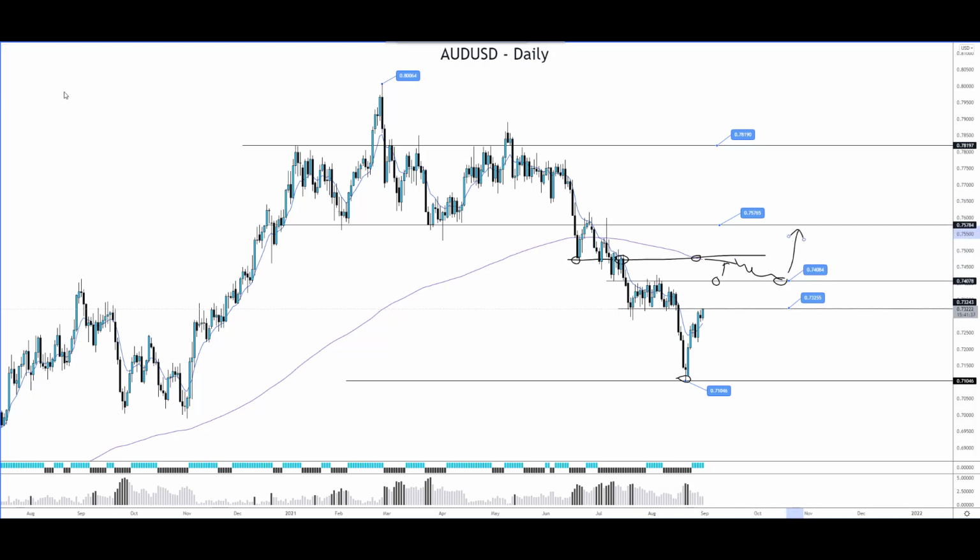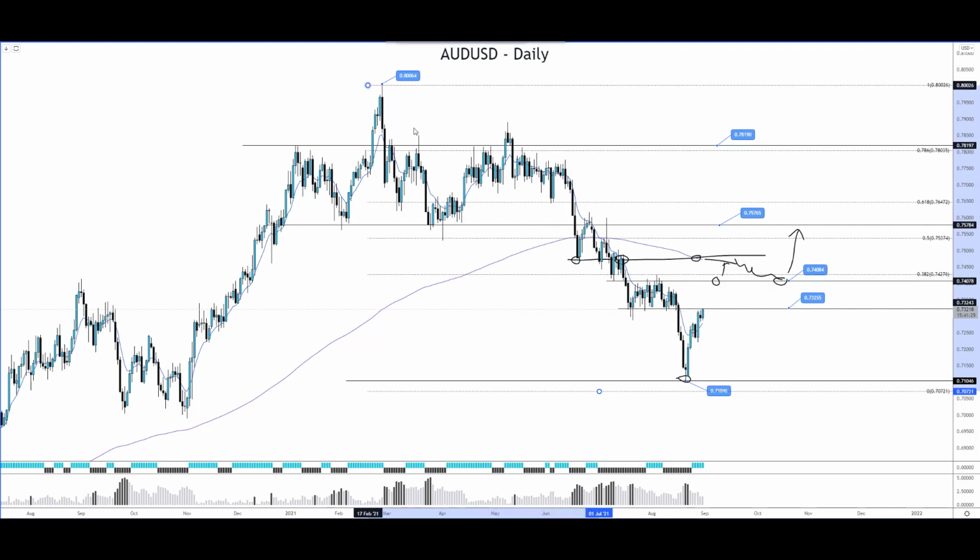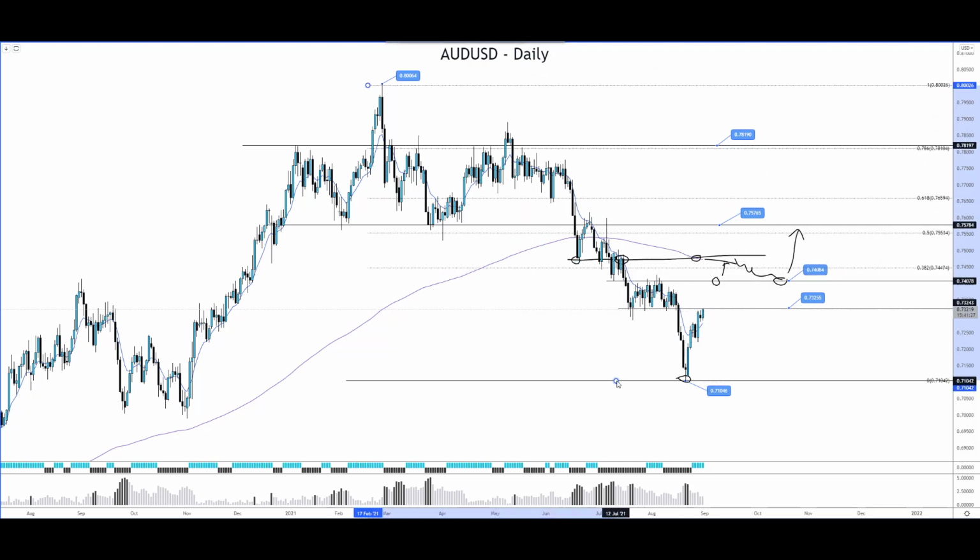If we use the Fibonacci tool and take the last swing high at this point and bring it down lower, we also see that the 38.2 Fibonacci level, as well as the 50 level, coincides with the 0.75, which I have depicted here, and is also quite near to this particular zone, which is between 0.740 to